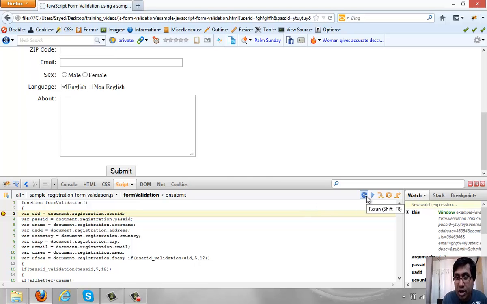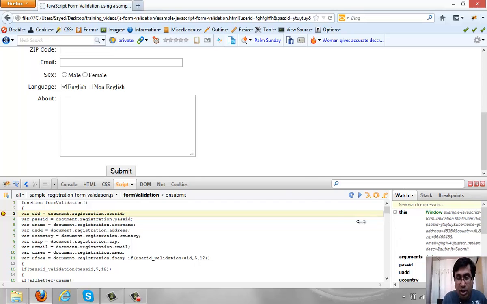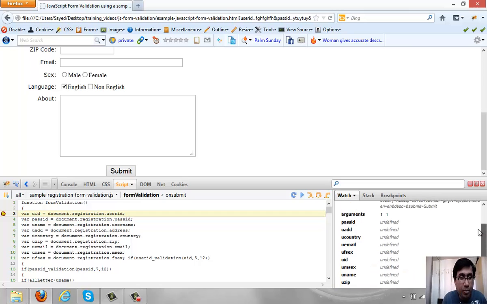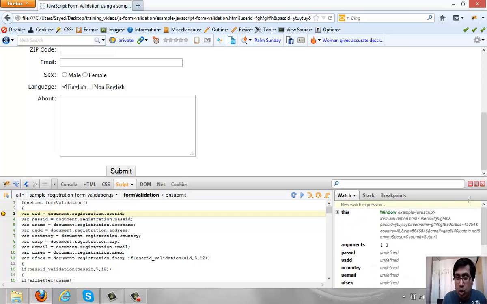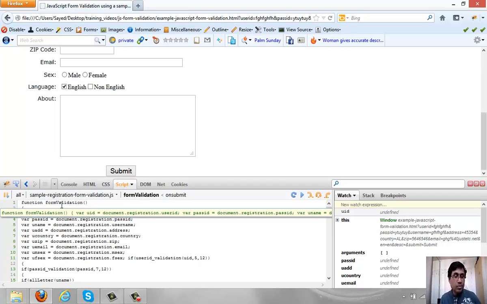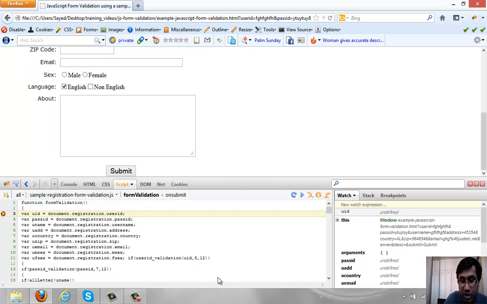So you can see rerun, shift F8, F8, just to continue, step into, step over, step out. And you can see the value of different variables here. And if you want to add your own, then you can do it here. Anyway, now I am pressing F11,